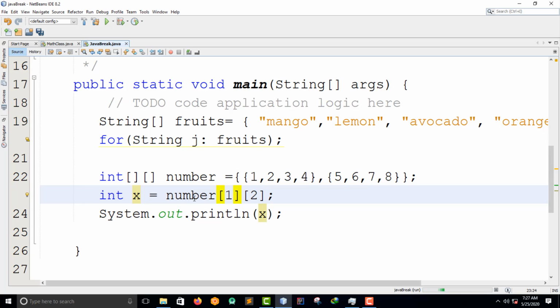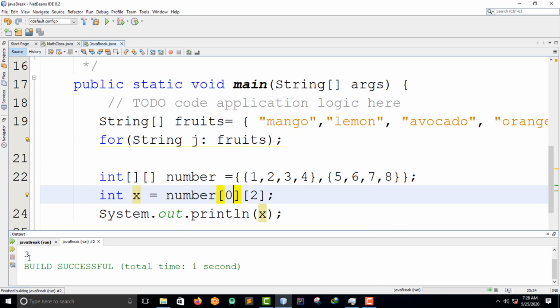So in the second array, I want to print out the second position number. This is 0, 1, 2. So 2 is the position, and definitely I'm going to print out 7. Let me run it. That's why you saw 7 on the console. Let's say here it's 0, then definitely the second position will be 0, 1, 2, then it will be 3. Let me print out. Oh yeah, you see it's 3. So that is it. We can use this to specify the index number of that array.